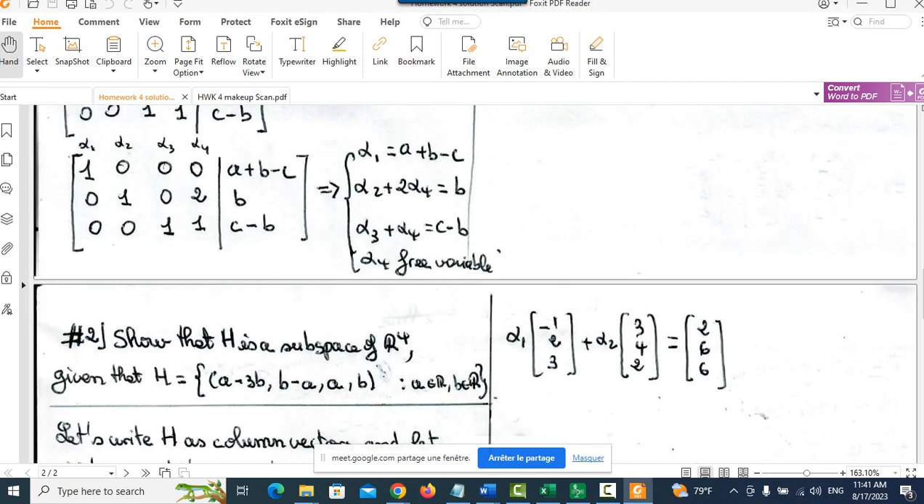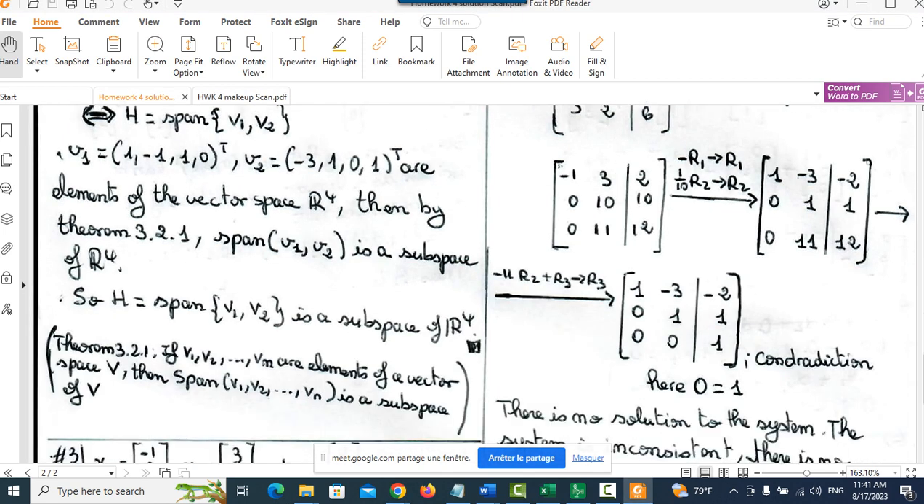So what does theorem 3-2-1 say? It says that if v1, v2, ..., vn are elements of a vector space, then the span, meaning the set of linear combinations of v1, v2, ..., vn, is a subspace of that vector space. In other words, if I have two vectors that belong to a vector space, or three vectors, or any number